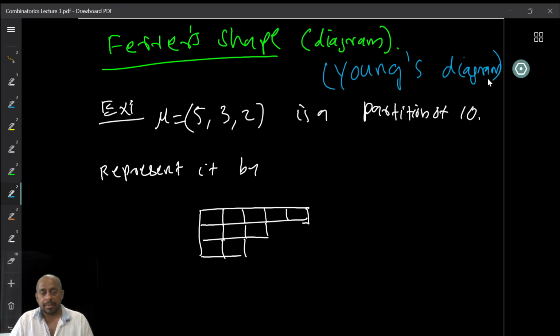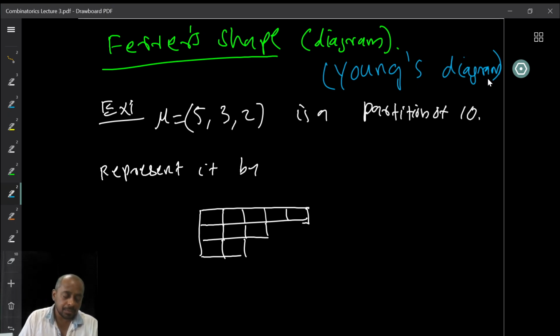then made what's called... We will look into it in future lectures. We will look at Young's tableau. So we look at standard Young tableau, non-standard Young tableau, and weak tableau. Many kinds of things are there. We will look at some of these things later, but not at the moment. So we will look at what is called Ferrers shape or Young's diagram,